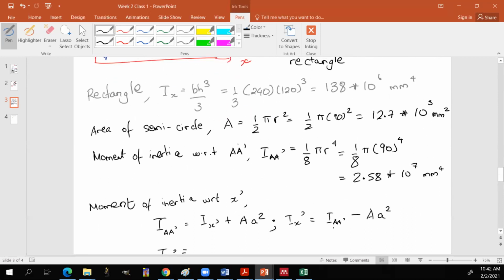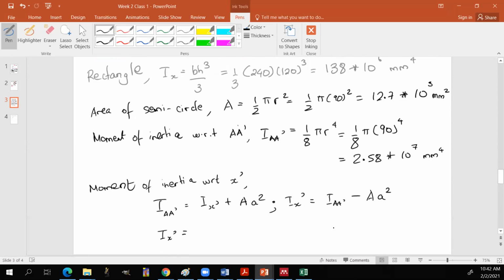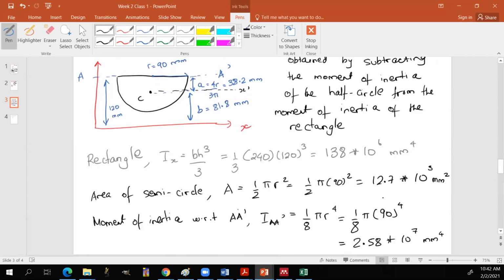We found it to be 2.58 times 10 to the 7 minus, what was our area? Our area was 12.7 times 10 to the 3 times little a squared, and little a is equal to 38.2,